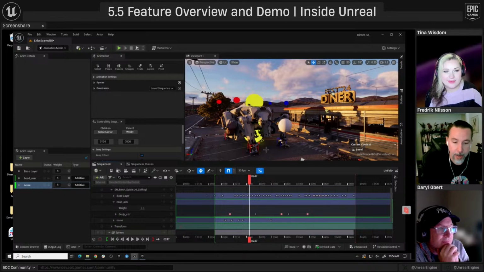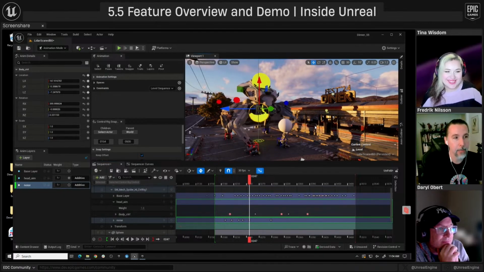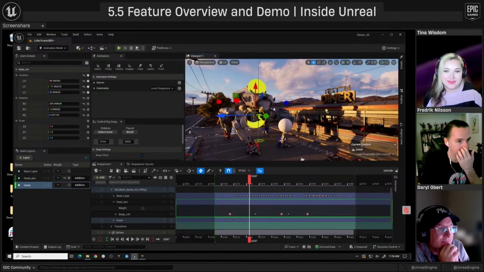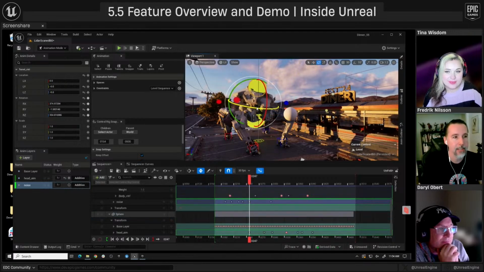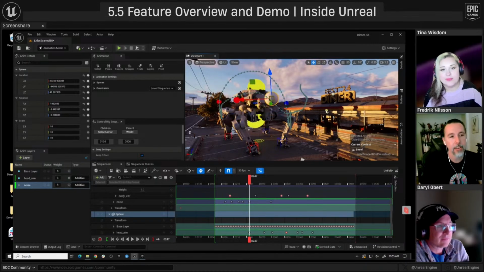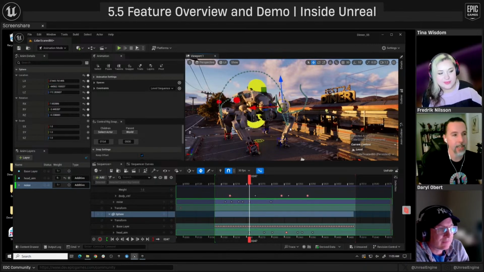Where was I going? Okay, so control rig. So yeah, you can see like Daryl was saying, this rig is fast. It is many, many polygons, and it is. Oh, so even though this thing is aim constrained, I can still rotate it side to side. I can't rotate in other axes because it's locked to this sphere, the aiming of it, right?